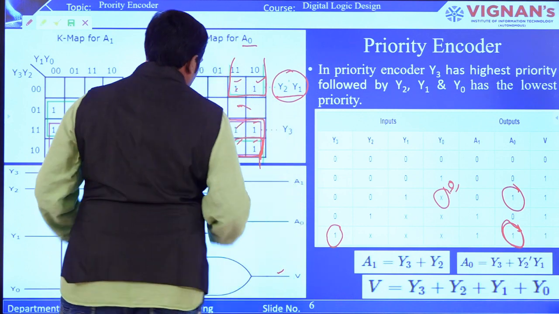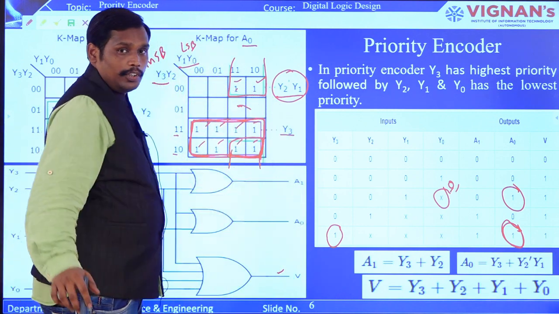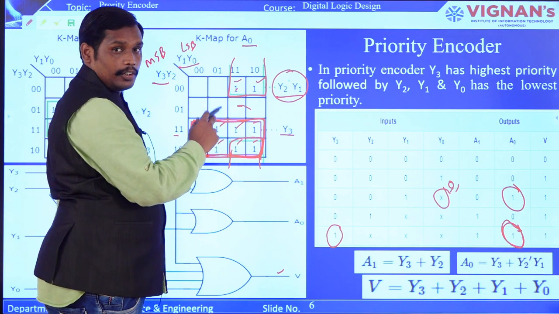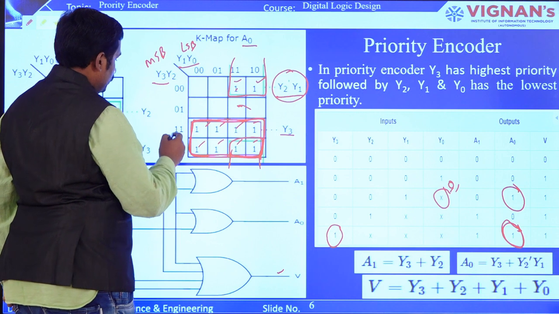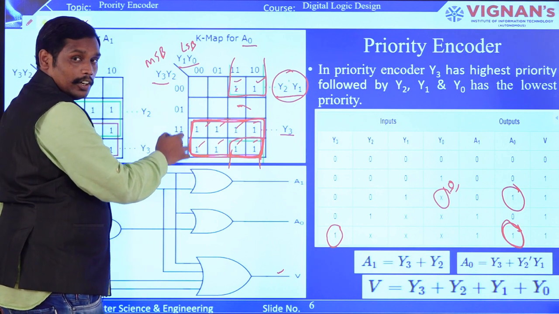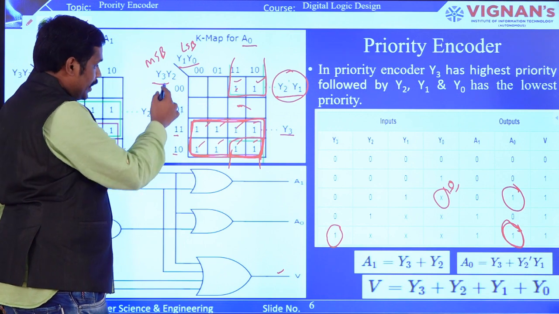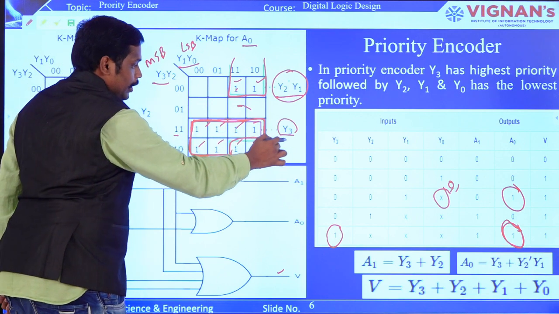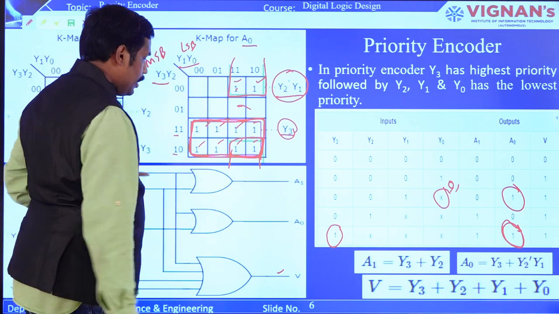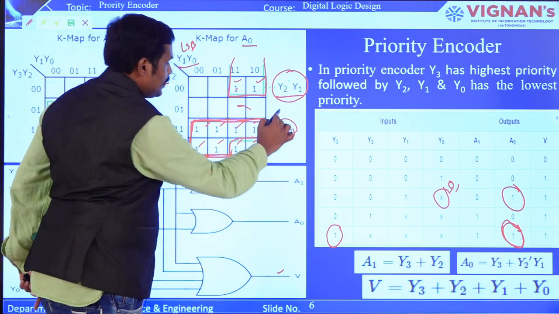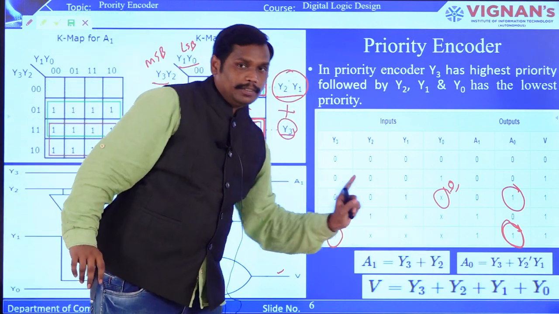You can see in this particular octant, you got y3, because in this octant you are going to have the commonality. You can check over here, the common literal there is y3. So that is the reason why it is y3. Now for this entire expression A0, you can have an expression like y3 plus y2 bar y1, which is what we have derived as this Boolean function.